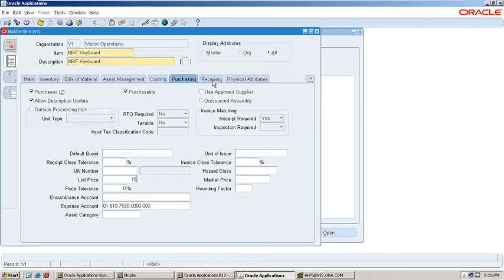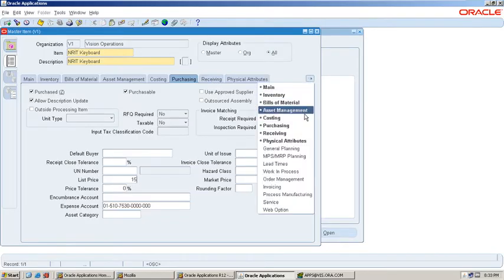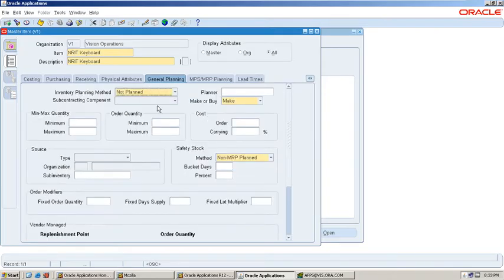Okay. The next step, you need to go to planning methods. Here, which source you are looking for this item, means I am looking for the items from the supplier. Then you need to select the source as supplier and make or buy as buy. You are buying the item from the suppliers. That's why you need to select buy.